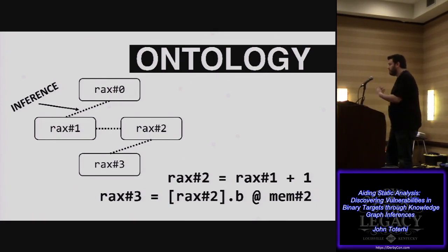All right. In the sense of an ontology, we talked before about those SSA variables, so RAX 0, 1, 2, 3. When we store that data, we don't have to actually make those edge nodes and say these two are explicitly connected. Instead we can write a rule that says, if it's an SSA variable and it has the same name,